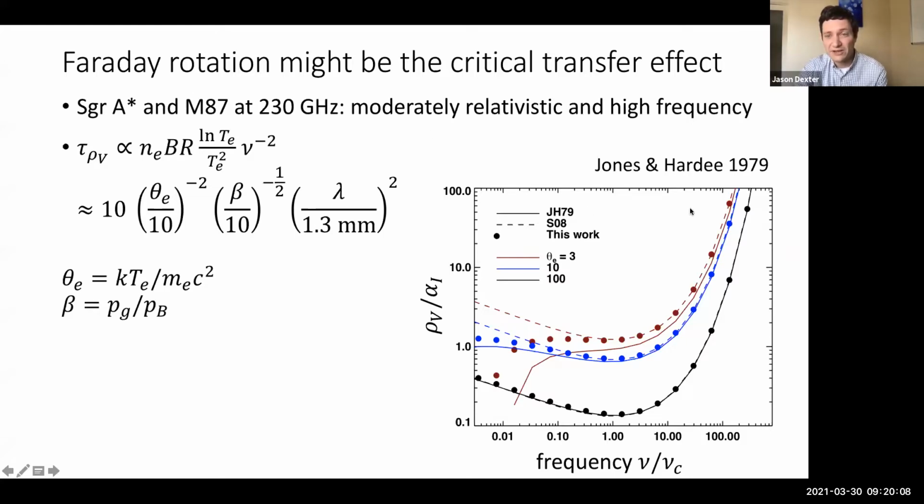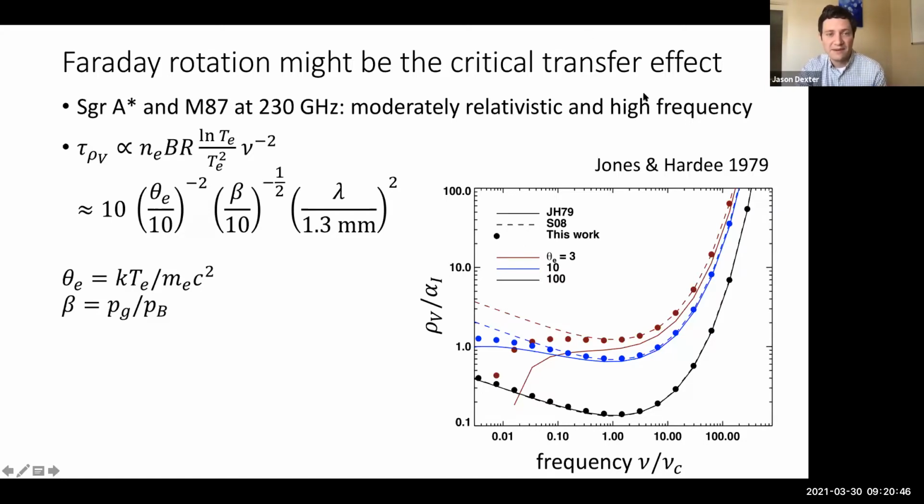And so if you plot the ratio of those two effects that we showed on the last slide for these qualitative solutions of oscillatory or exponential type solutions, then if you're at high frequency, the Faraday effects become more important if you're sort of mildly relativistic. So like say the blue curve or red curve here, this ratio of the strength of those coefficients becomes larger than 1, and it can even be as large as say 100 here. Okay, and so this is just to motivate, and we actually think that we're somewhere in this regime in Sagittarius A star and M87. We may well be in this regime, high frequency, even though moderately relativistic.